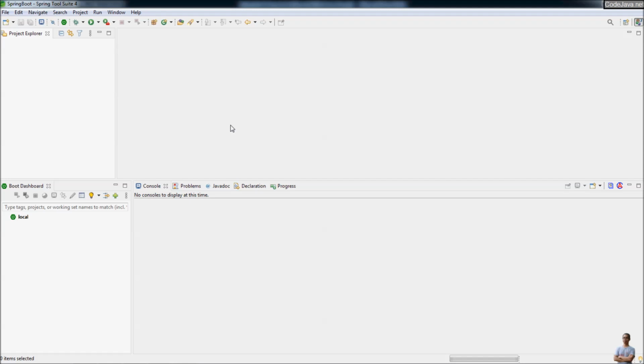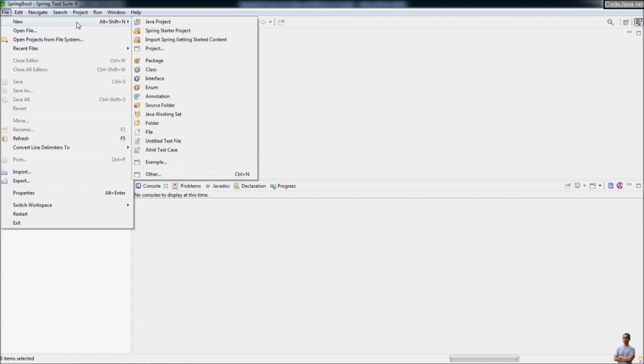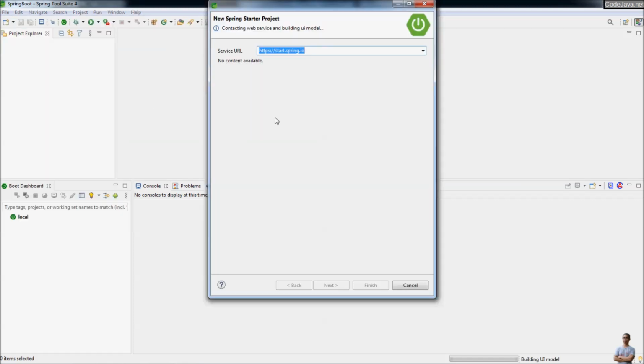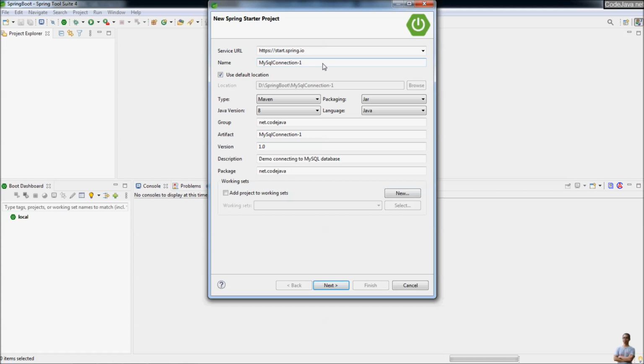This is Spring Tools IDE, and let me create a new Springboot starter project here and name the project as Springboot JDBC Template SQL Server, demo connecting to Microsoft SQL Server with JDBC Template. Next,